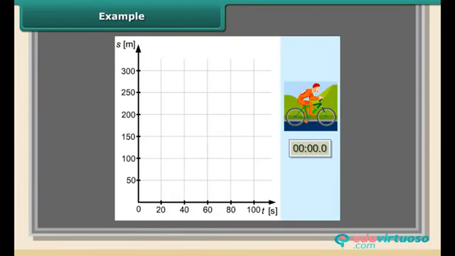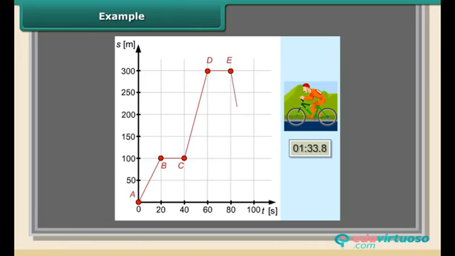This is the location time graph for a cyclist. While plotting the graph, the short moments of time where the cyclist changed his speed are neglected. From the graph we can determine the location of the cyclist at a given moment, the type of motion with which he was traveling along particular segments, his speed, the distance he covered, and even